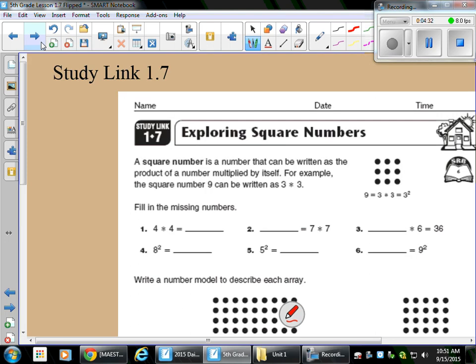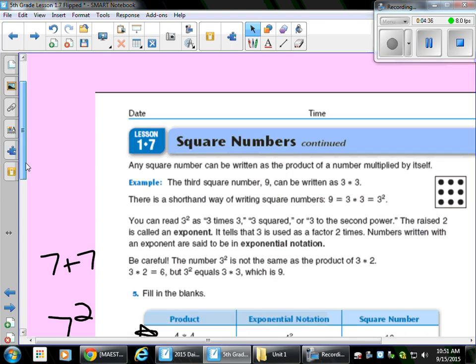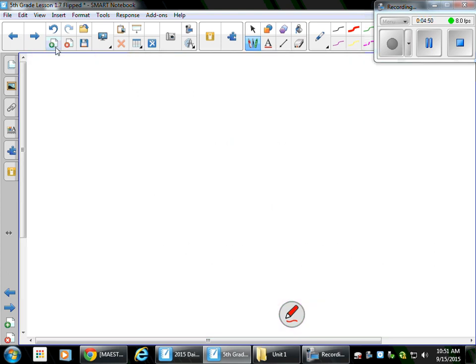You're also going to be working, actually I'm going to take this page back here. Take a look at the bottom of this page. You're going to be using some calculator practice today. Okay? When you're using your calculator, you're going to be finding what each of these equal. I'm going to show you exactly what to type into your calculator. You're going to type in numbers. If I'm trying to find